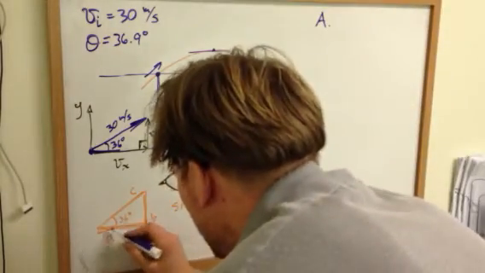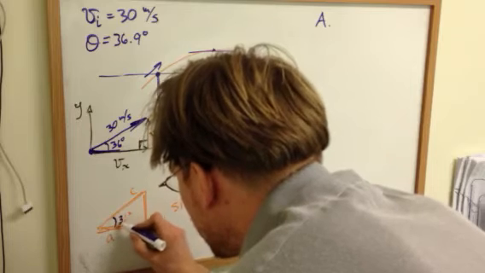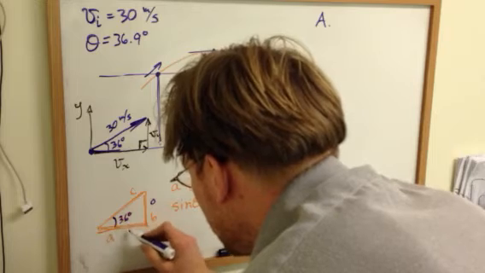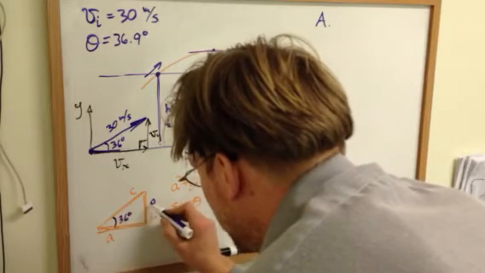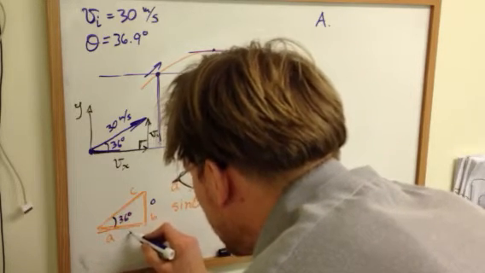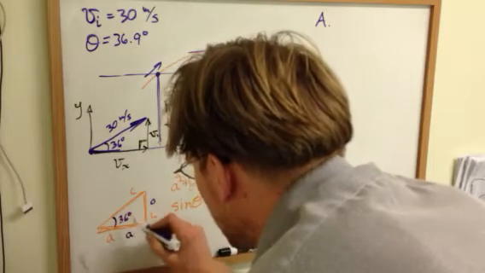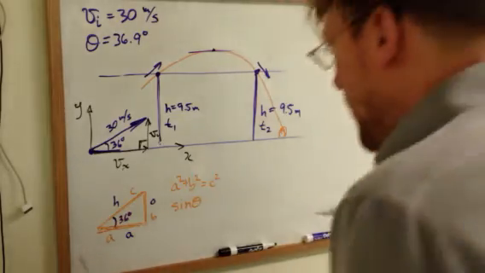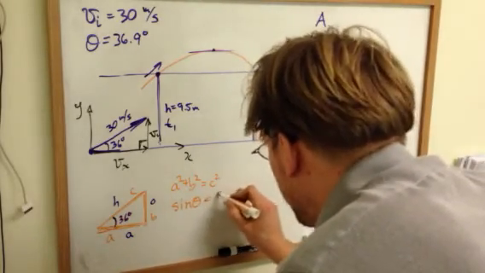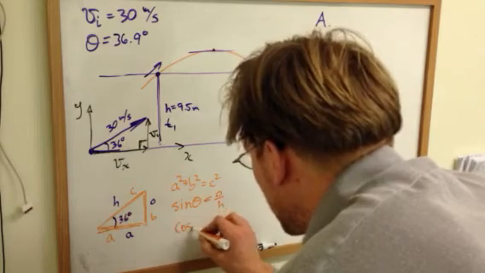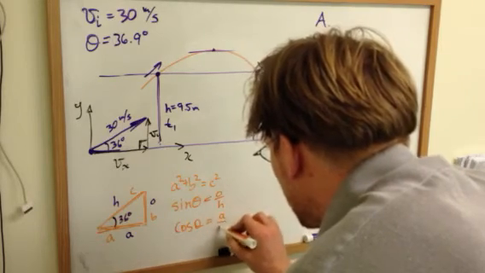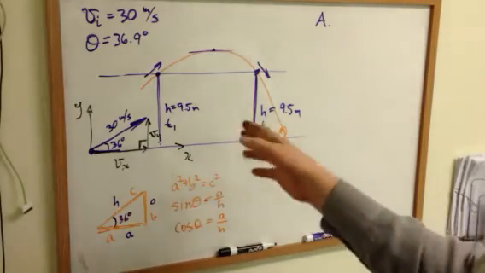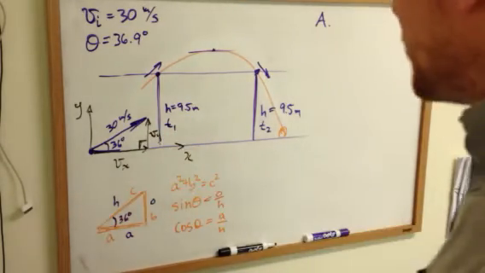So given this angle here, 36 degrees, this would be considered the opposite side. This is directly opposite of the angle. This is the adjacent side, and this is the hypotenuse. So sine theta is equal to opposite over hypotenuse. Cos theta is equal to adjacent over hypotenuse. All of those are useful. And why? Because depending on the kind of question that you ask,